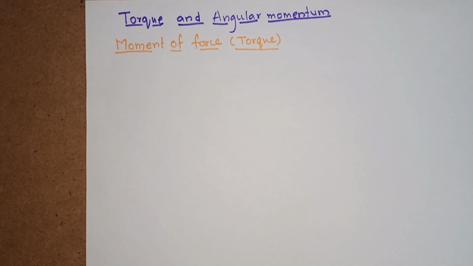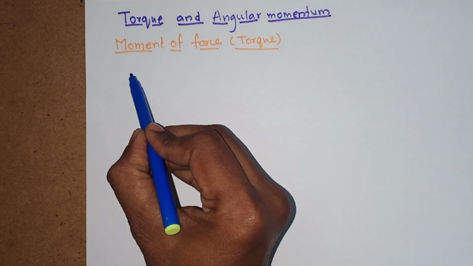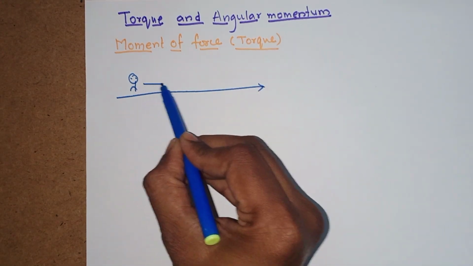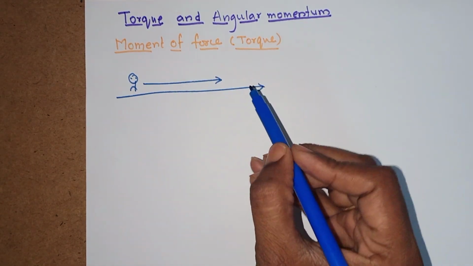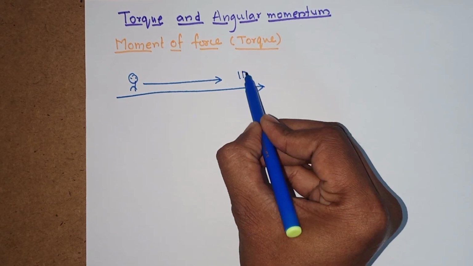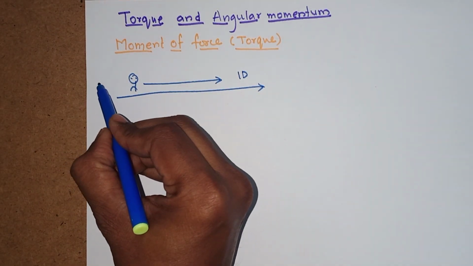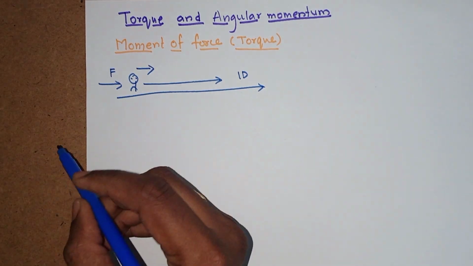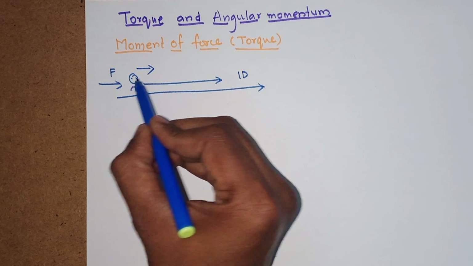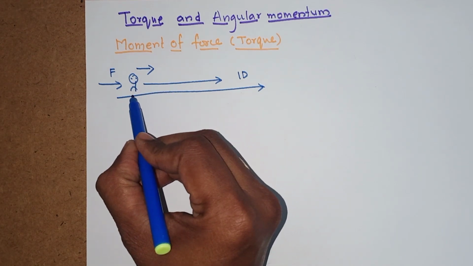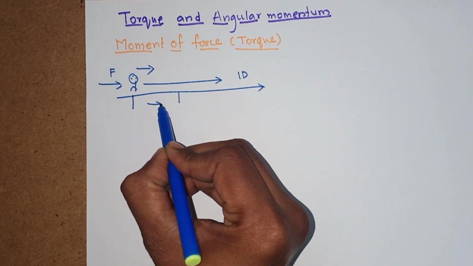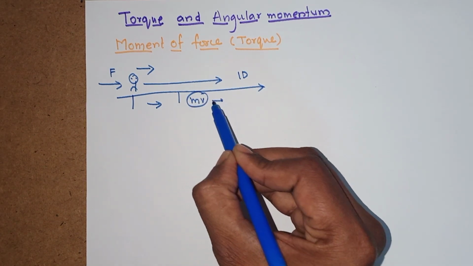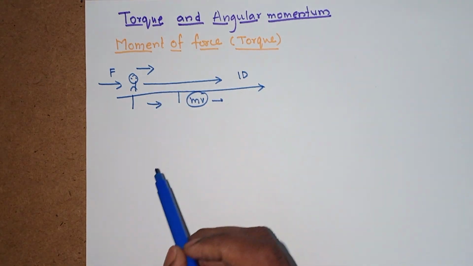In linear motion, generally, if a body wants to move in the x axis, in one-dimensional motion, we require force. Force is required to move the body. When force is applied on the body, it changes its position, and it gains velocity as well as linear momentum, and all that. So the body can be moved.